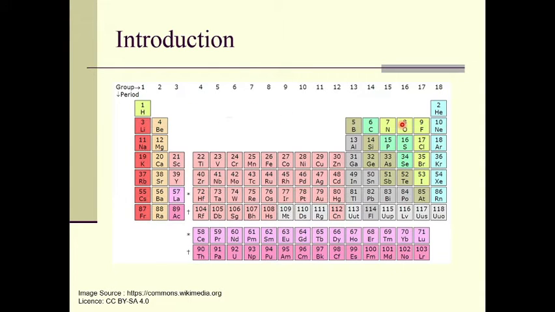So we are concerned with the shell closing. Let us see in the outermost shell what we have here. Let's say for the 18th group, or the last column in the periodic table, what we have is helium, then neon, then argon, then krypton, then xenon and radon, right? Here all these elements have their outermost shell completely filled, and because of that they appear at a special position in the periodic table, and because of that we can say they are inert gases.